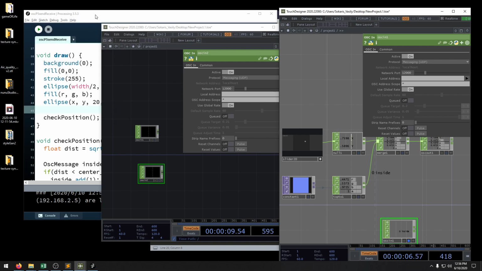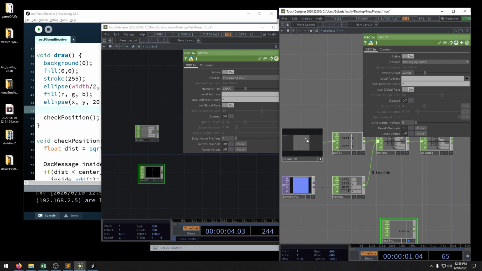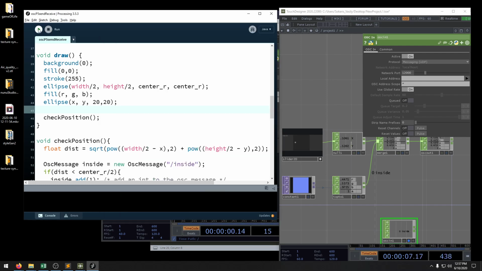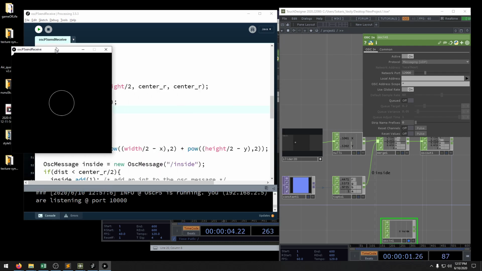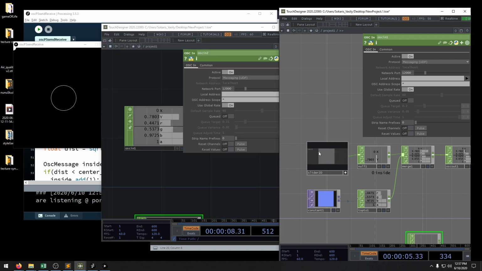If I cross this program, I receive this data now in TouchDesigner. If I try to open my Processing, nothing happens here, because you cannot let two programs listen to the same port. So,